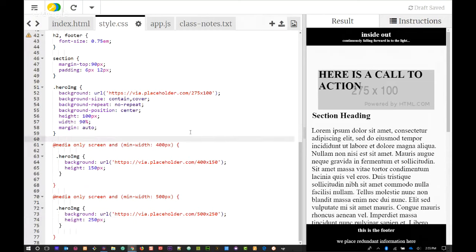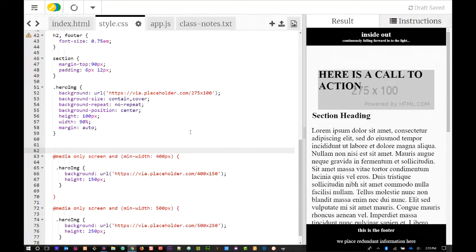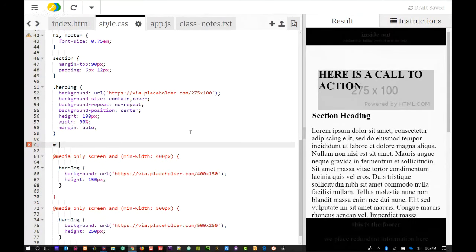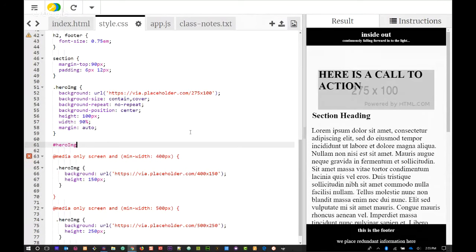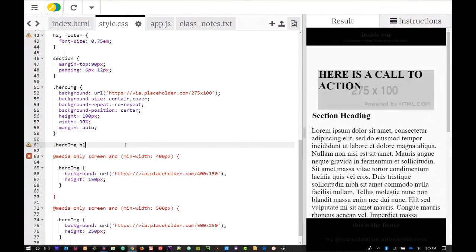And say hero image. Did I name that a class? Yeah. The class hero image,